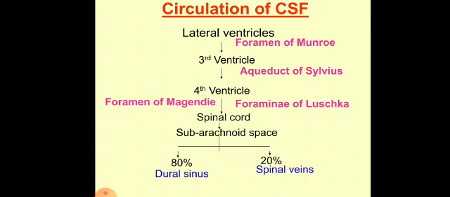Please remember that point. That was 80%, isn't it? Now we have the remaining 20%, and this 20% will enter the spinal veins, along the sheaths of cranial nerves into the cervical lymphatics, and also into the perivascular spaces by the process of diffusion. What you need to keep in mind is there is always a continuous flow of CSF from the fourth ventricle into the central canal of the spinal cord. So that's how it is circulated.